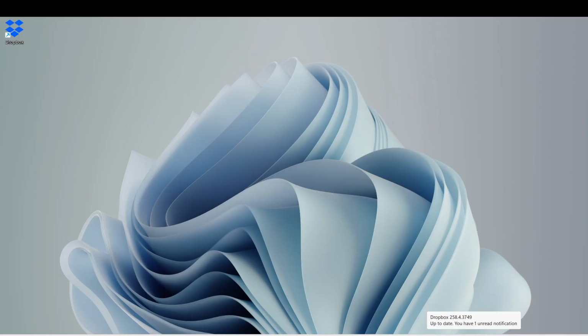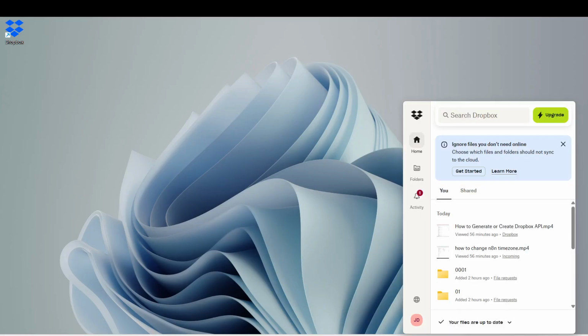Next, look in the bottom right corner of your screen for the system tray. This area houses icons for various applications running in the background. You may need to click the caret arrow, which points upwards, to reveal hidden icons if you don't see the Dropbox icon immediately. This is important because sometimes the icons can be minimized and you wouldn't want to miss out on checking Dropbox's sync status. Once you locate it, you can easily continue to the next step.